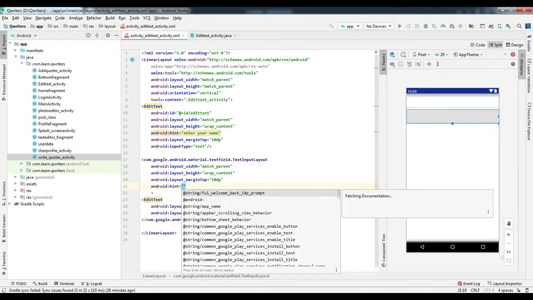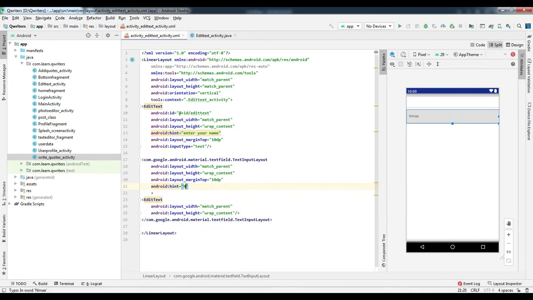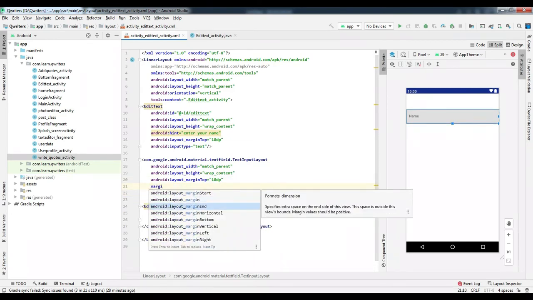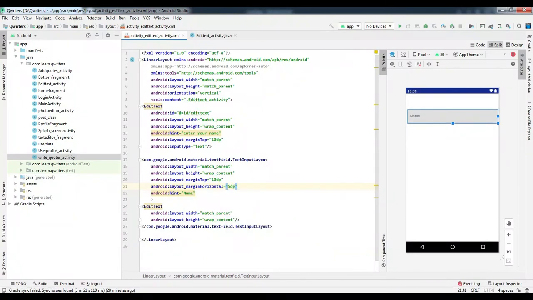After that, specify one hint, name. You can see by default it is the filled style. Next, layout margin horizontal 10 dp. You can see now it is 10 dp margin on both horizontal sides.